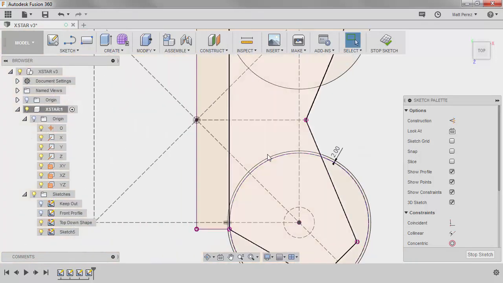Now the reason I did this is because this line is going to be where a support is going to be located. So I don't want it to be exactly 5, I want it to be a little bit bigger so I have enough room. And this isn't going to be directly in contact with the propeller, but it's going to be above it. So that way I know that I'm not obstructing the airflow, or at least as minimally as possible, while still